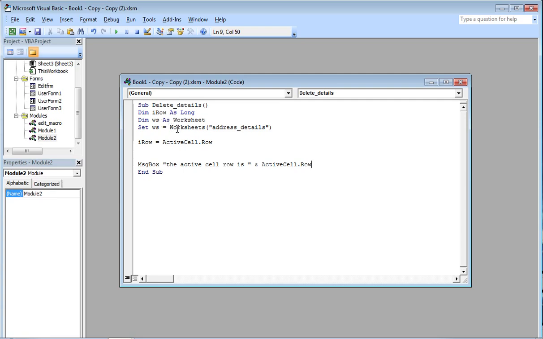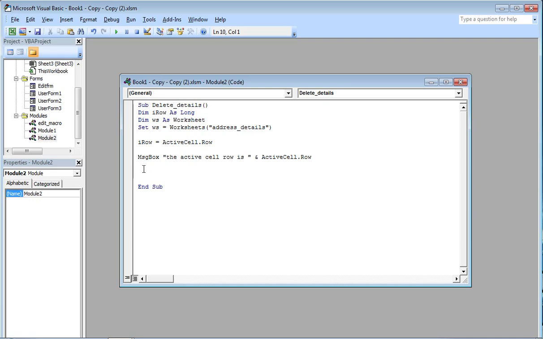It says what worksheet to open up. Everything's fine there, and it's picking the active row and it's telling me what the active row is. So we want to tell the user, you're on this row, do you want to delete it? So now we just need to put in the code that will delete the